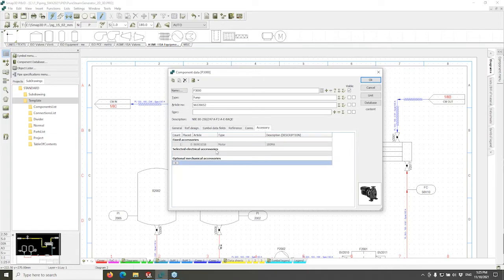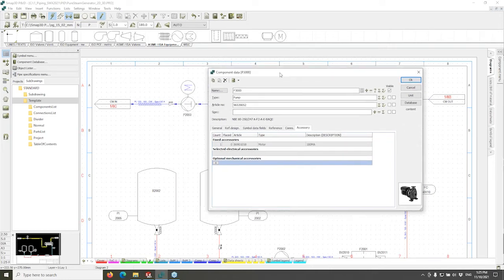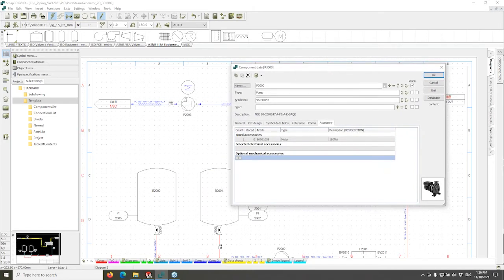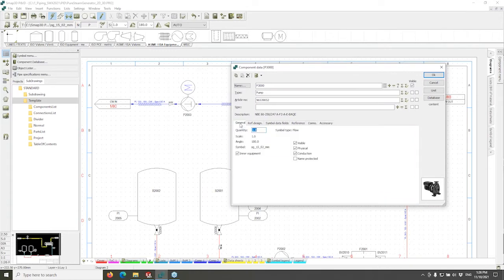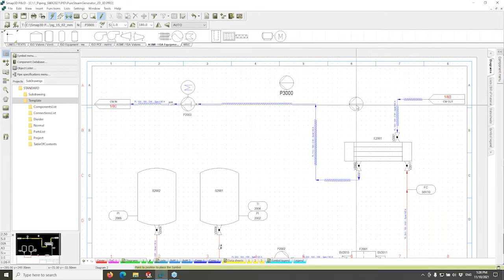It also knows that whenever I spec out this pump, I also need a motor to be ordered as well. It does not come with the motor from the manufacturer whenever I order it, so I need to make sure this gets on my parts list so that we don't forget to order that motor separately. But I don't want a separate symbol like I have out here on this example. I want it to be one single pump symbol for that. Okay, so we can say that we're happy with this,